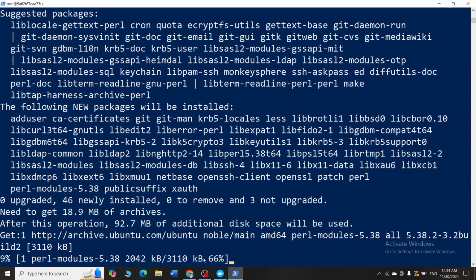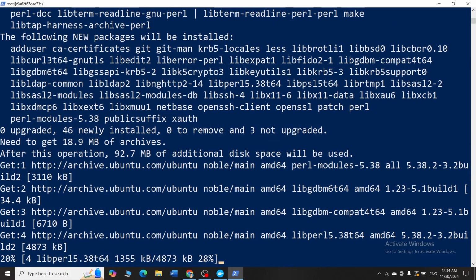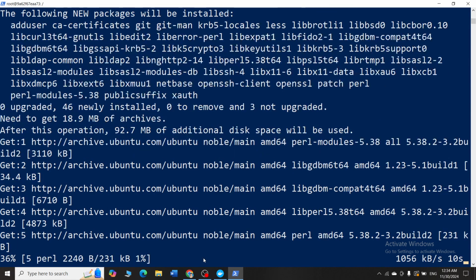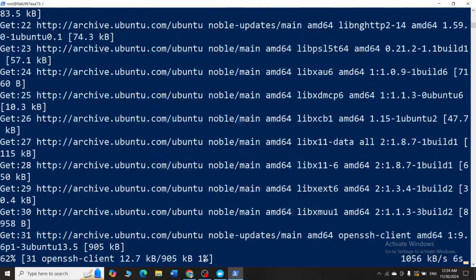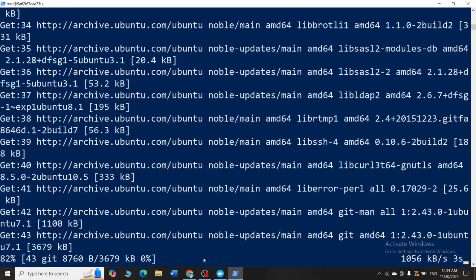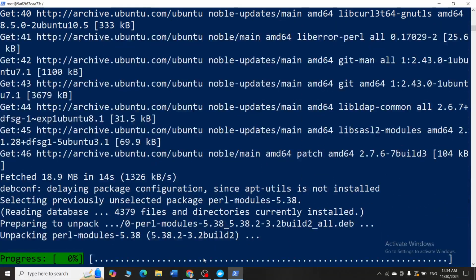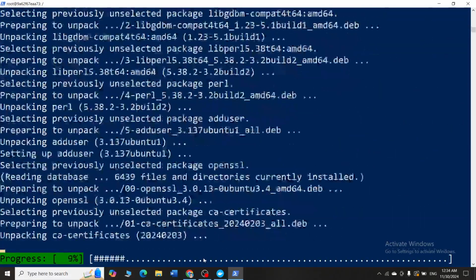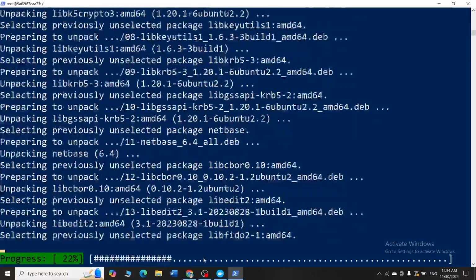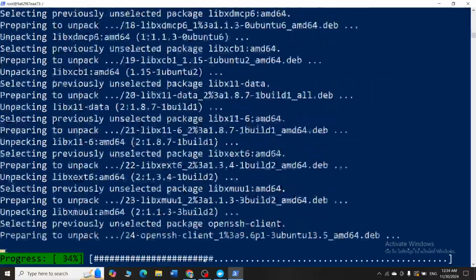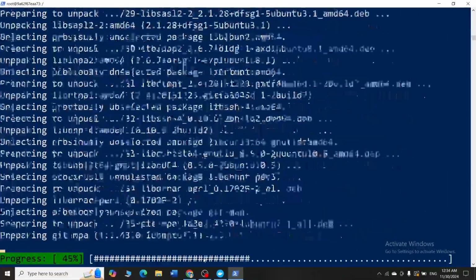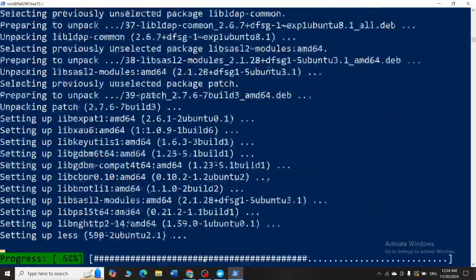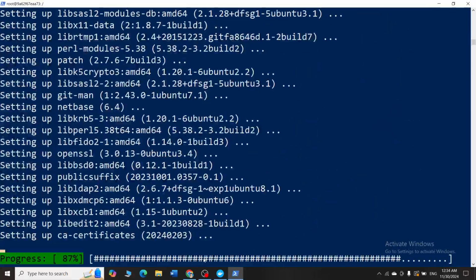So it depends upon the speed of your internet. If your internet is a little bit faster, the installation happens very quickly. If it is a little bit slower, it's going to take some time. So just give it 1 minute of time. It will get installed. And once it gets installed, just type git --version to check if git has successfully been installed or not.